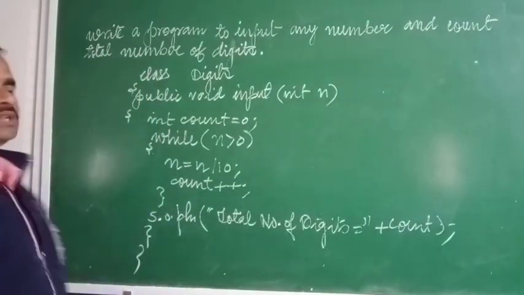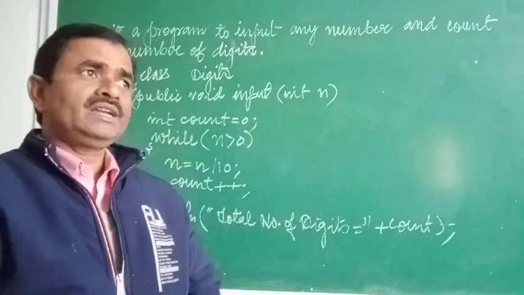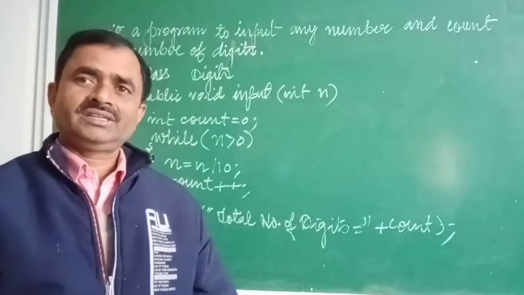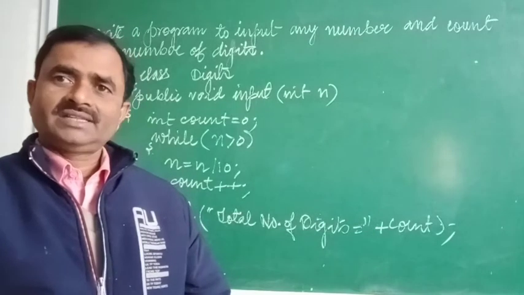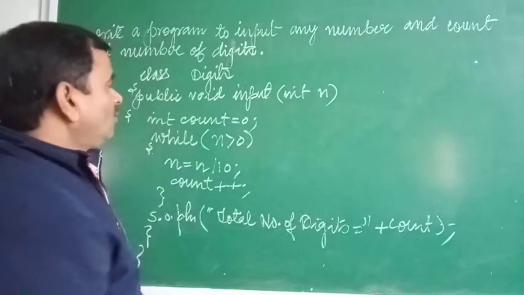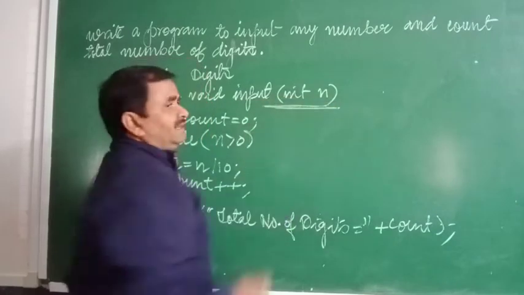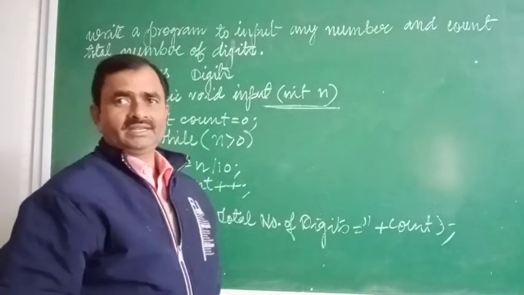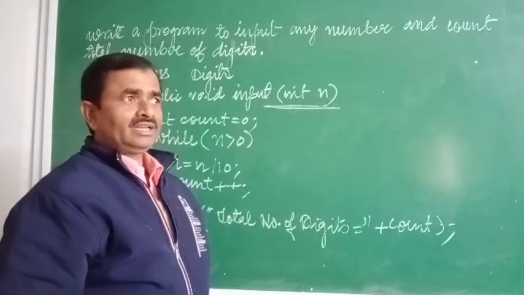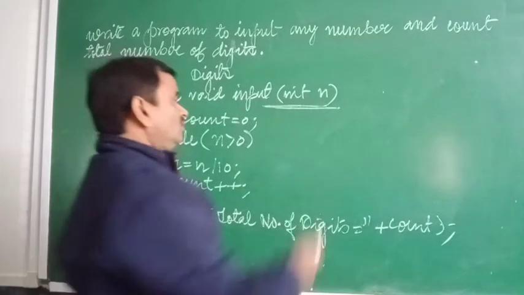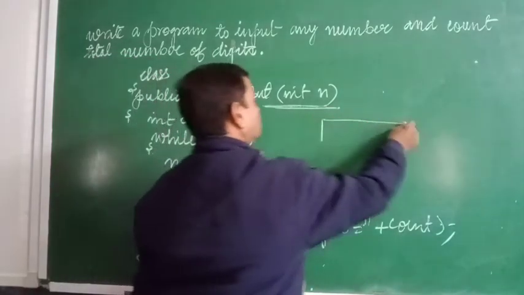This is the solution of the program, and it is very easy and simple to understand. Just have one concentration, and you will surely understand this program. You see here how at the time of the execution, all of you know the role of this line. This is the method line. It is known as the method input. So int n, the variable n will ask a value at the time of the execution. So we will give any value. Suppose we give here 325.